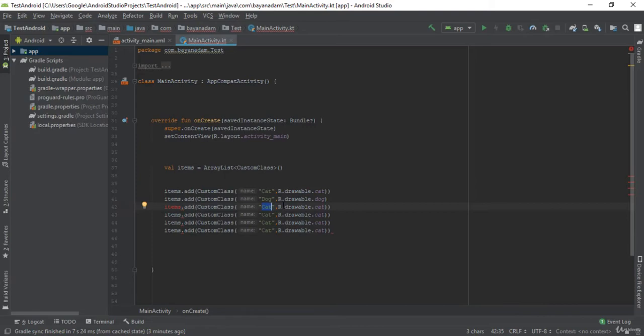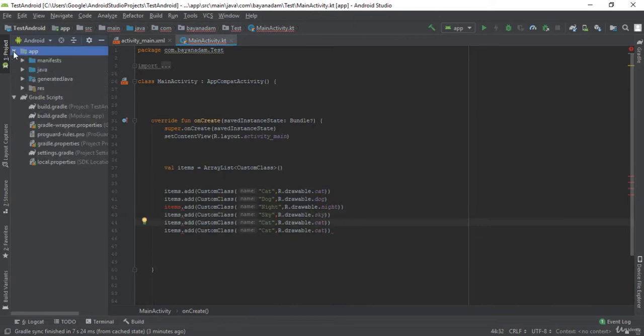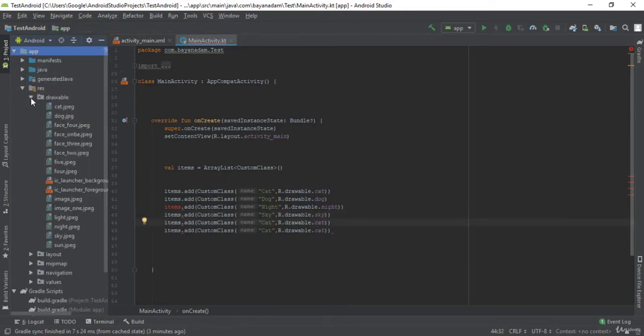So I'm just going to fill them very quickly. Here should be night, and here the night image, and here should be sky, and here also sky. And I think I have some images that I have imported